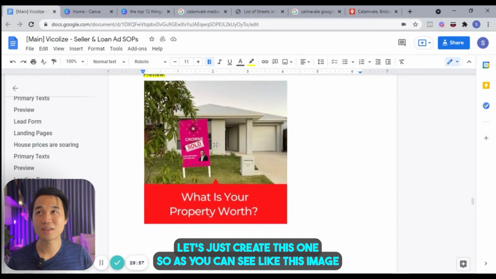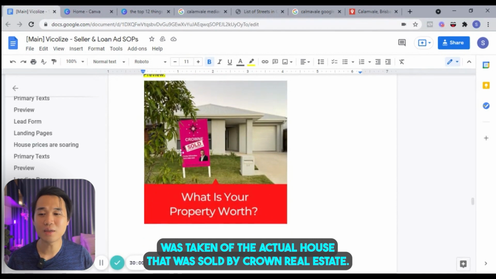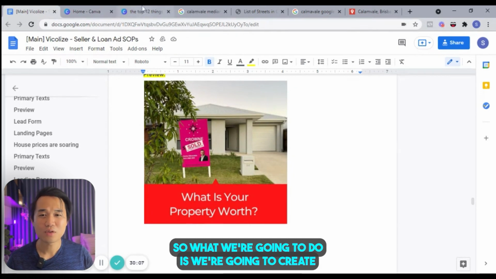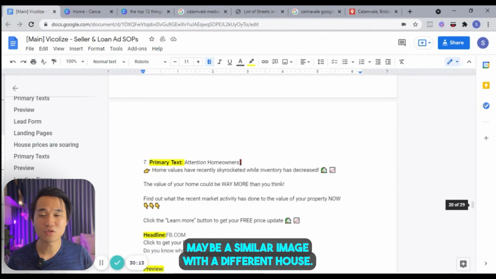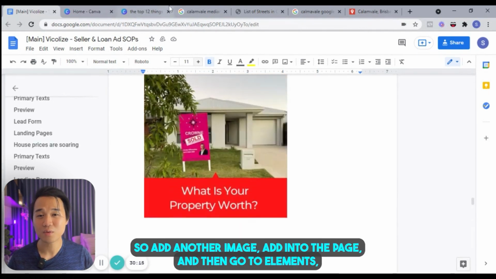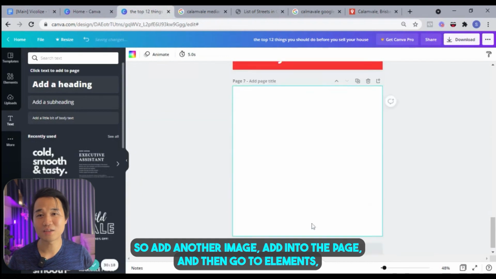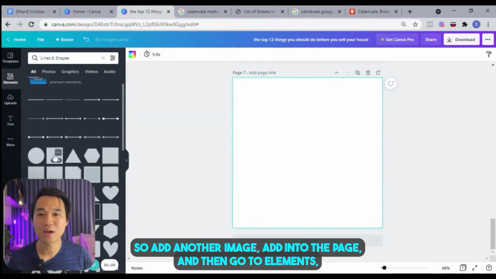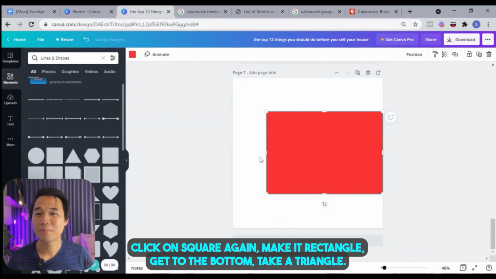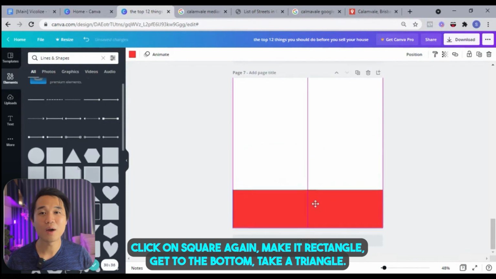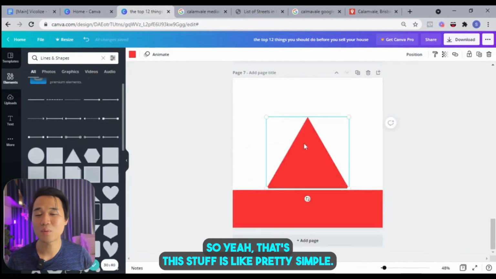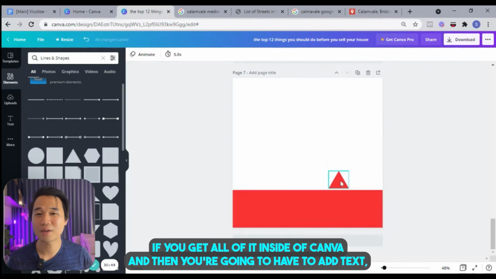As you can see, this image was taken of the actual house that was sold by Crown Real Estate. So what we're going to do is create a similar image with a different house. So add another image, add it into the page, and then go to Elements, click on Square again, make it a rectangle, get to the bottom, take a triangle. This stuff is pretty simple if you do all of it inside of Canva, and then you're going to have to add